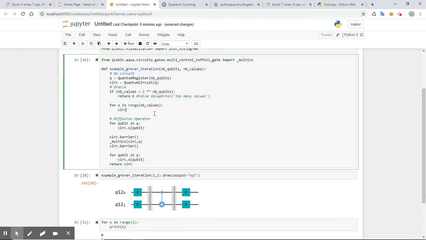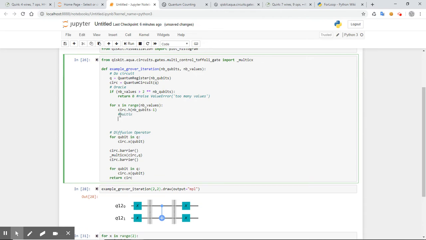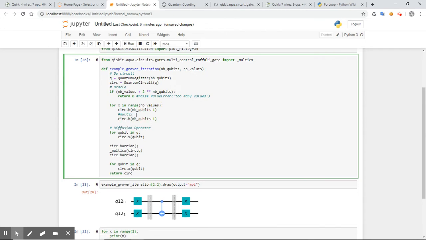So basically in the circ, Hadamard of NB qubits minus 1, right? And so now here goes the multi X, and then I got another one in here, exactly. Now the trick here is the multi X basically has got to have